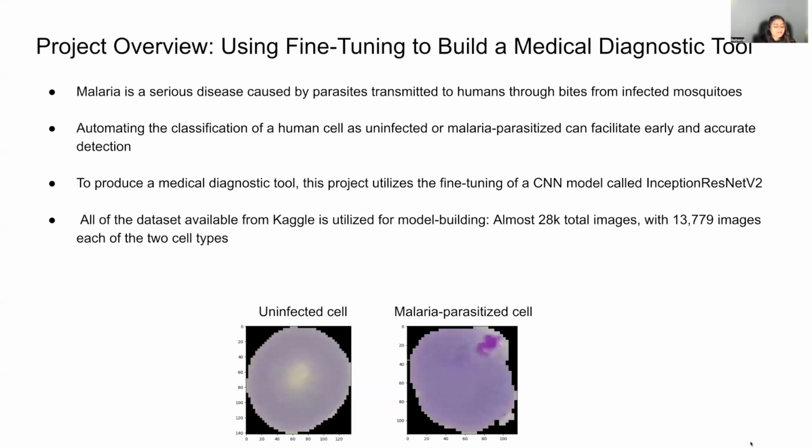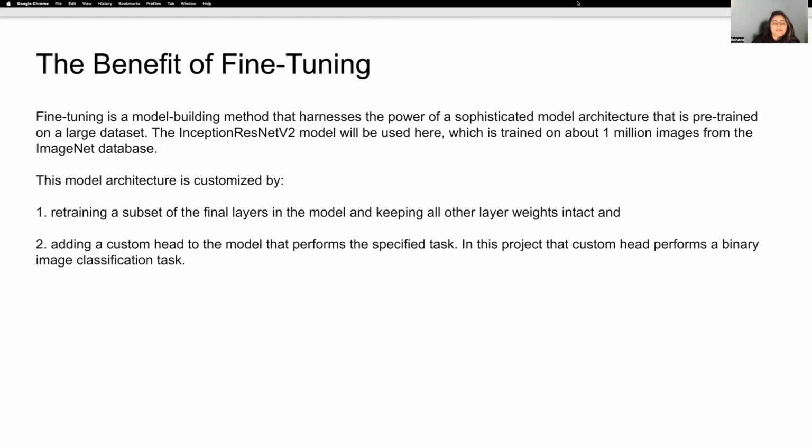In order to produce a high-accuracy malaria detection method, this project utilizes fine-tuning of a CNN model called Inception ResNet v2. Fine-tuning is a model-building method that harnesses the power of a sophisticated model architecture that is pre-trained on a large dataset. The Inception ResNet v2 model will be used here, which is trained on about 1 million images from